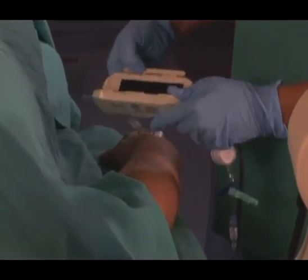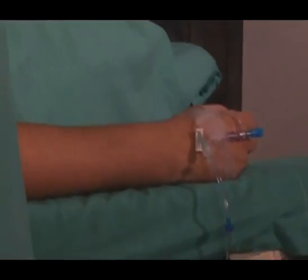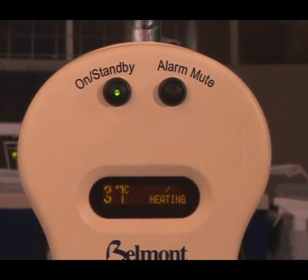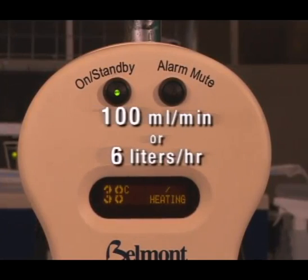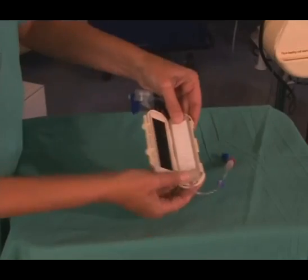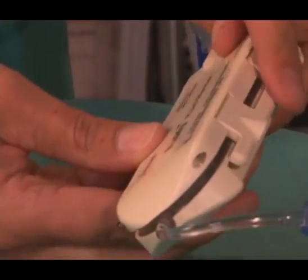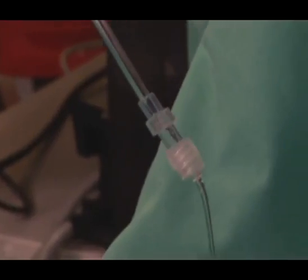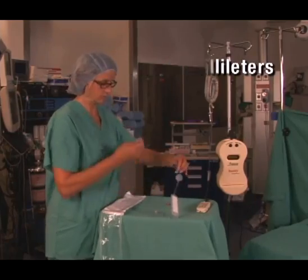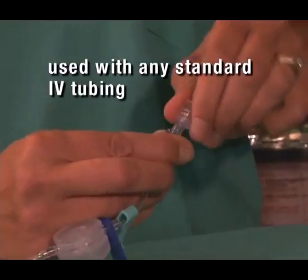The Buddy Fluid Warmer, with its miniature design, solves this problem by sitting close to the patient and delivering fluids at 38 to 39 degrees at flow rates up to 100 milliliters per minute or 6 liters per hour. The Buddy Fluid Warmer is a miniature, near-patient, dry heat fluid warmer with an ingenious disposable set designed for safe and effective fluid warming. The tiny disposable holds less than 7 milliliters, including the tubing, can be used with any